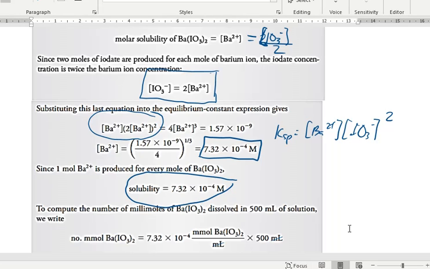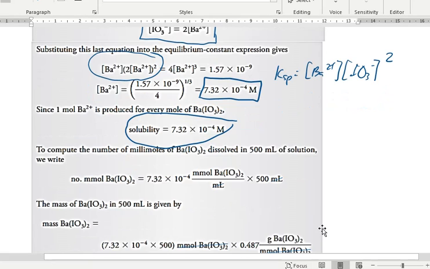So now, to compute the number of millimoles of barium iodate dissolved in 500 mL of solution, we use the solubility or the concentration of barium. Right? So since we have 7.32 times 10 to the minus 4, what is asked is to compute the millimoles of